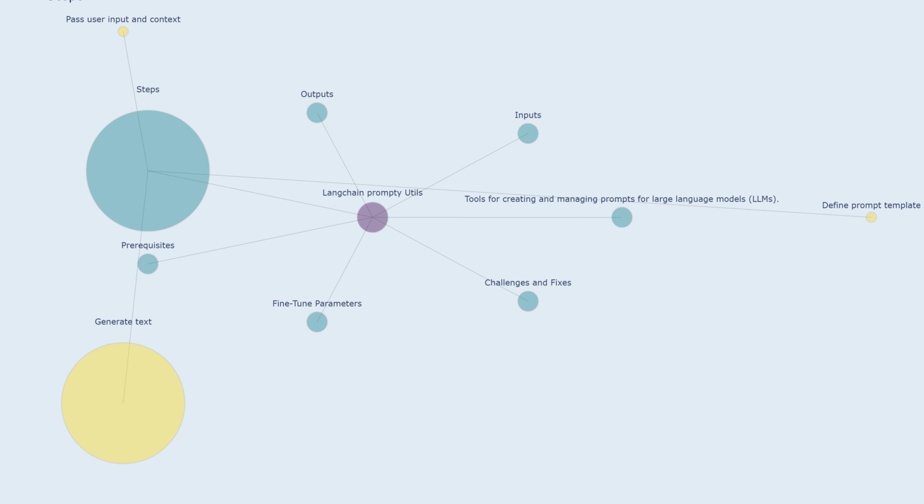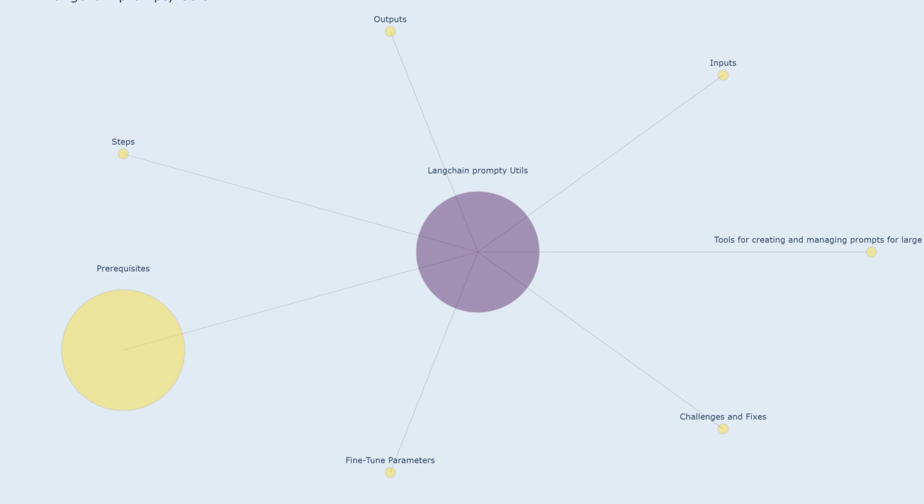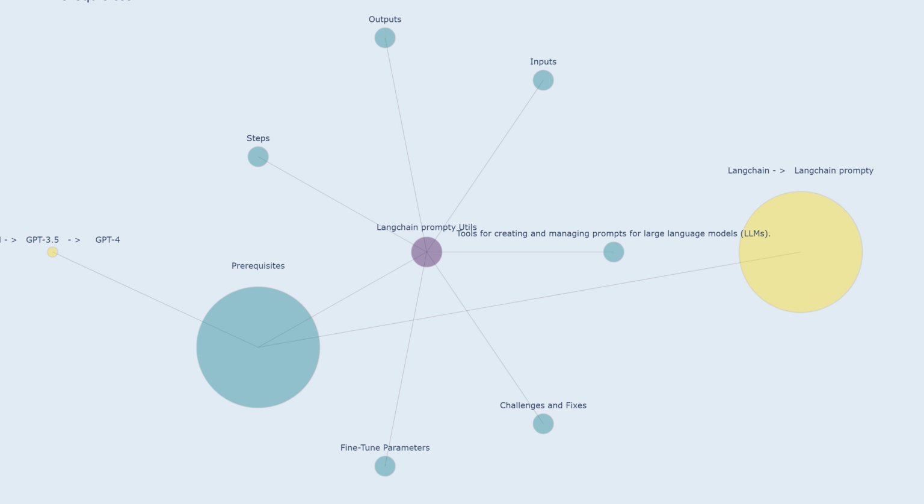For example, the LLM might generate a paragraph summarizing the historical event based on the provided context and the user's query. Prerequisites. Langchain: a powerful library that simplifies the interaction with LLMs, providing tools for prompt creation, model management, and output processing. It acts as a bridge between the user and the LLM, enabling easy integration and manipulation of these